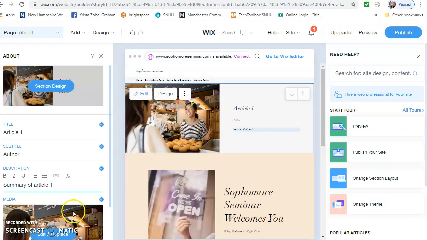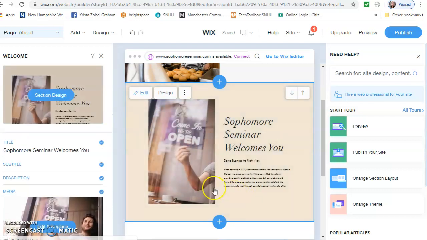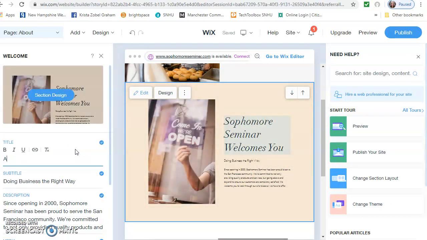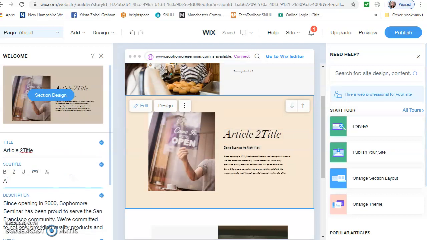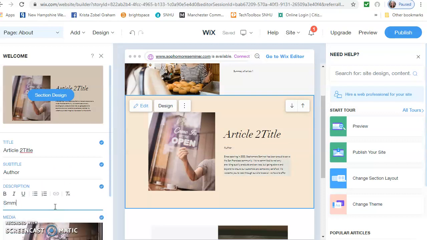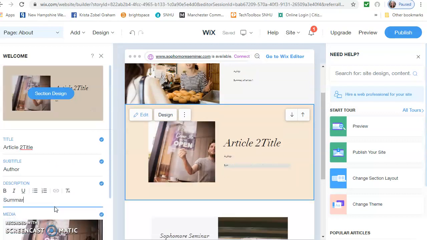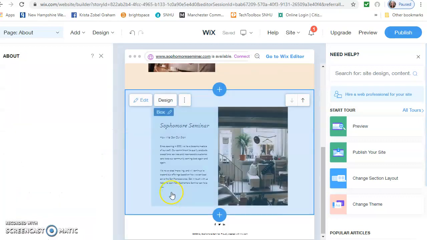Okay. So then here, same thing. You're going to do Article 2, the actual title. Then here, the author of Article 2. And then here, a summary of Article 2. And then down here,